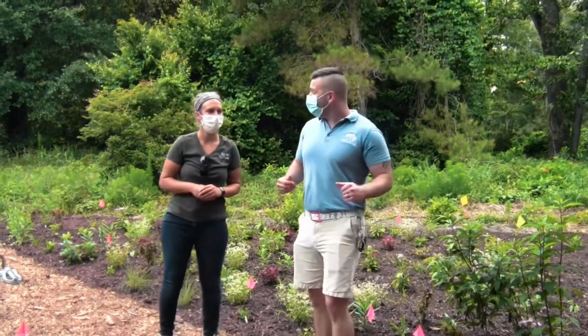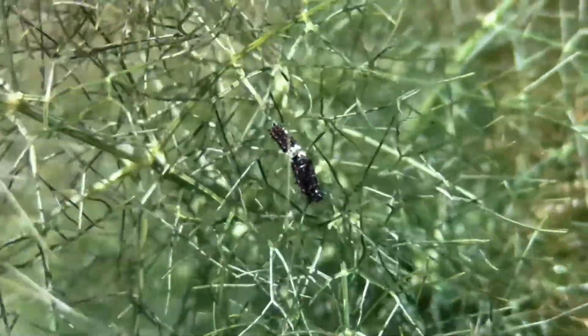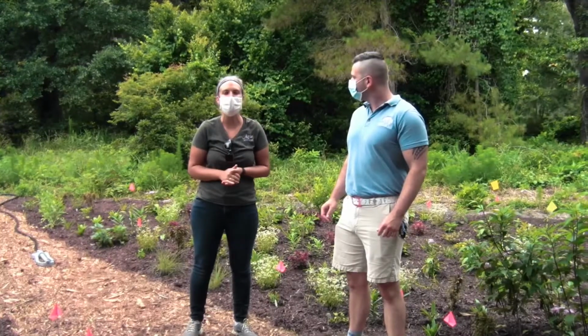So where are we now? We are at our very new pollinator gardens. We actually just finished planting this pollinator patch, if you will, and we're going to walk through some of the steps and some of the things that you need to think about when you're hoping to attract pollinators to your yard. So Alyssa, what are some of the most important things you think people should know about planting their own